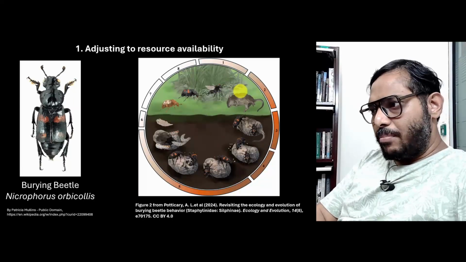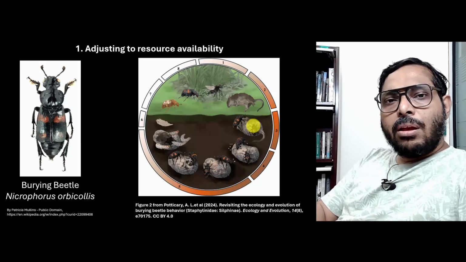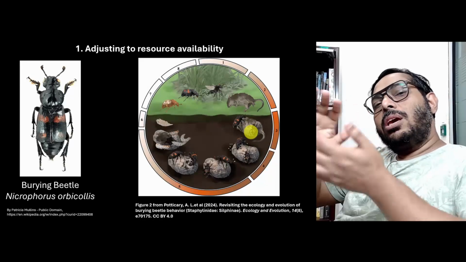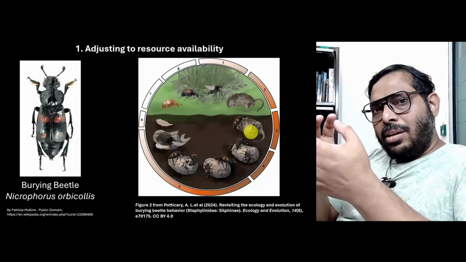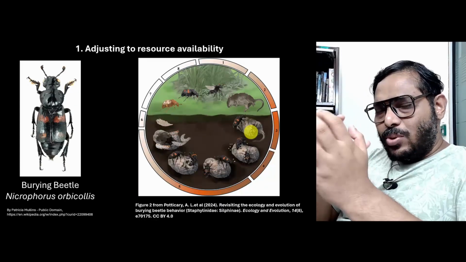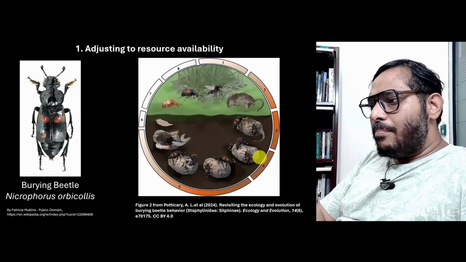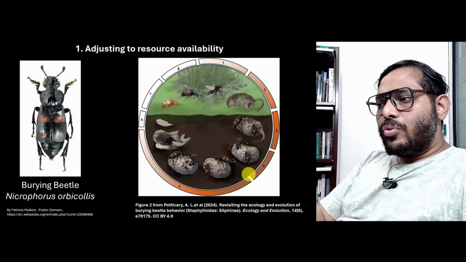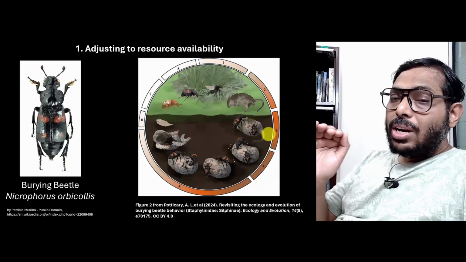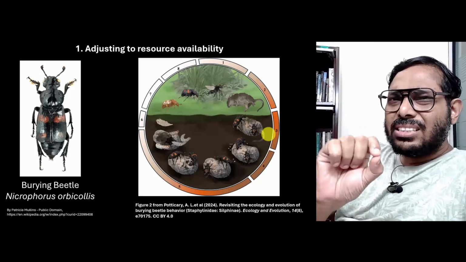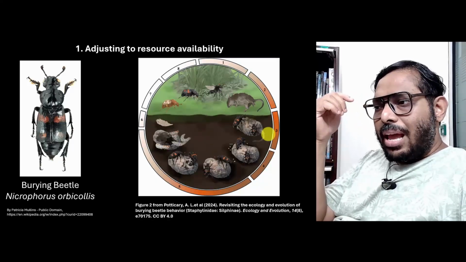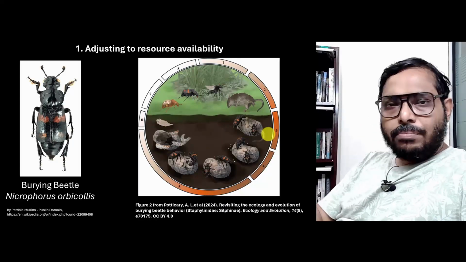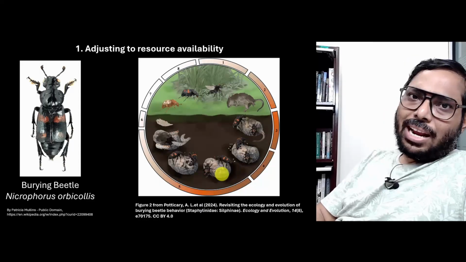Once they find these dead mammals, they will quickly bury them in the ground, and once buried they will keep on rolling that animal. Remember, the animal has started slightly decaying, so it has started becoming soft. Then they end up making it into some kind of a ball like this. Can you see these white dots over here? These are the eggs. They do not lay the eggs on the animal, they lay the eggs slightly away from the animal, and the eggs hatch, larvae are formed, and these larvae slowly crawl to that animal and start eating it.